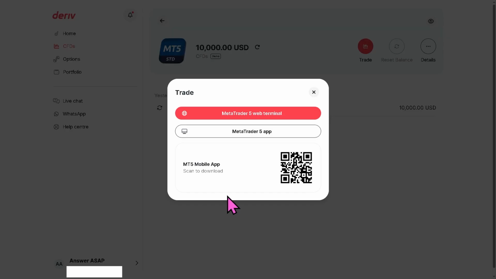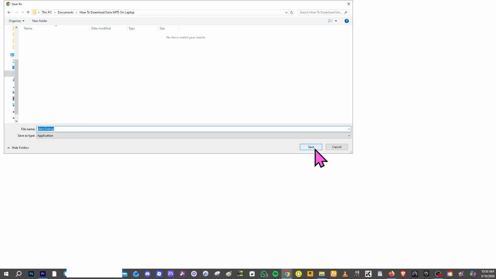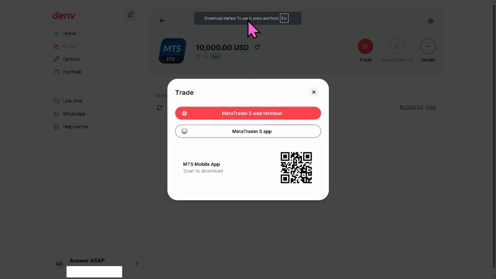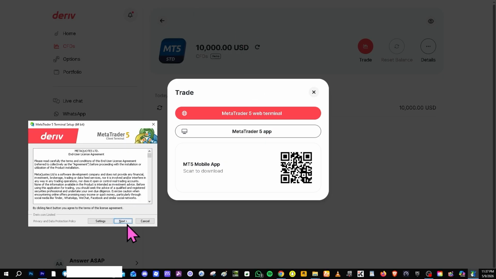There is going to be a small pop-up window, and to install the MT5 on your laptop, I want you to click the MetaTrader 5 and save it in your computer. Once the download has started, all I have to do now is install it in your laptop and click the